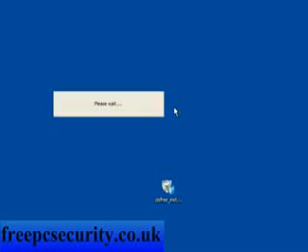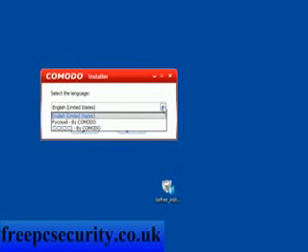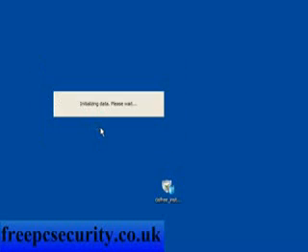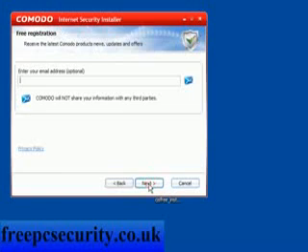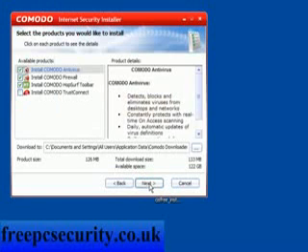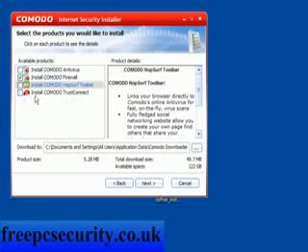Comodo Internet Security version 4. If you download the installer, double click it to run. Pick your language. You only have a choice of 3 on the initial install. Accept the agreement, click next again, and you will have the option to install the antivirus, the HopSurf toolbar, and